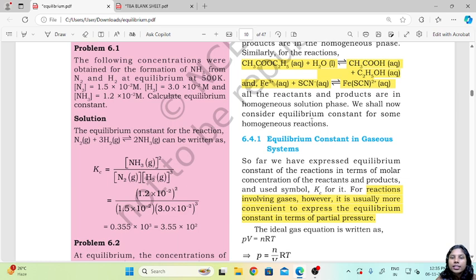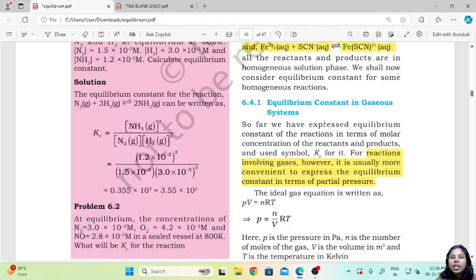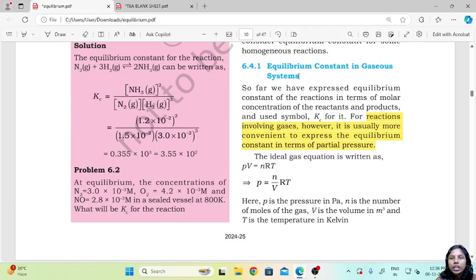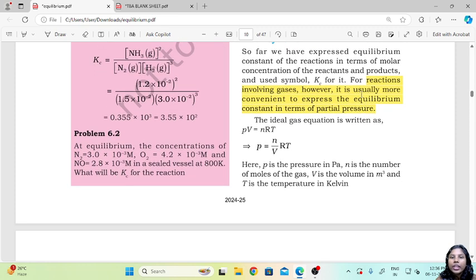Now we shall consider the equilibrium constant for some homogeneous reactions. So, equilibrium constant in gaseous system. So far we have expressed the equilibrium constant of the reactions in terms of the molar concentration of reactants and products, and we have used the symbol Kc to denote the equilibrium constant. Now for reactions which involve gases, however, it is usually more preferred to express the equilibrium constant in terms of